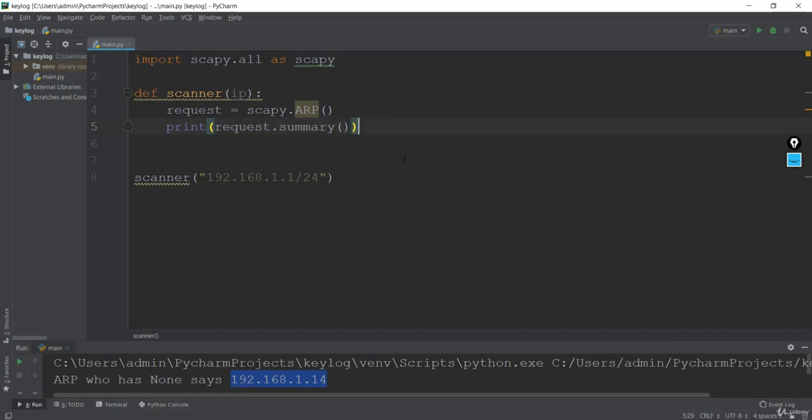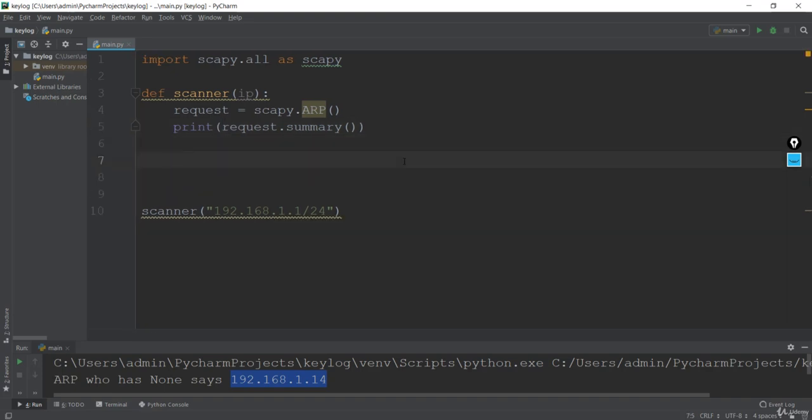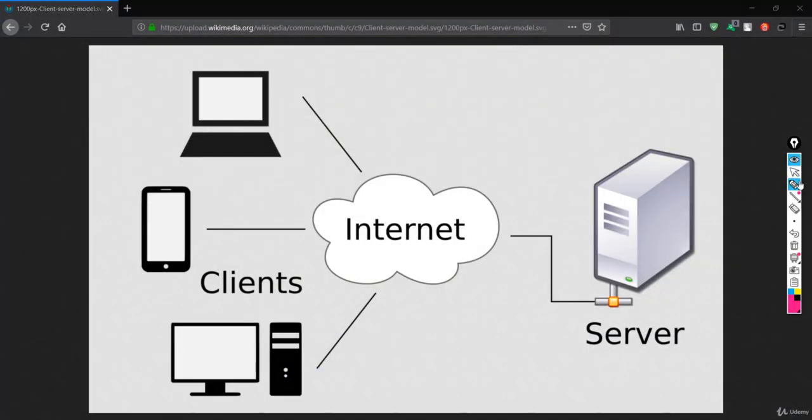Now the next thing to see here is the broadcast. Broadcast is to send to the broadcast MAC address. I've already shown you the steps before. First we create the ARP request, which we just created. Next is to get that broadcast MAC address, because that broadcast MAC address is going to send this ARP request to every client.